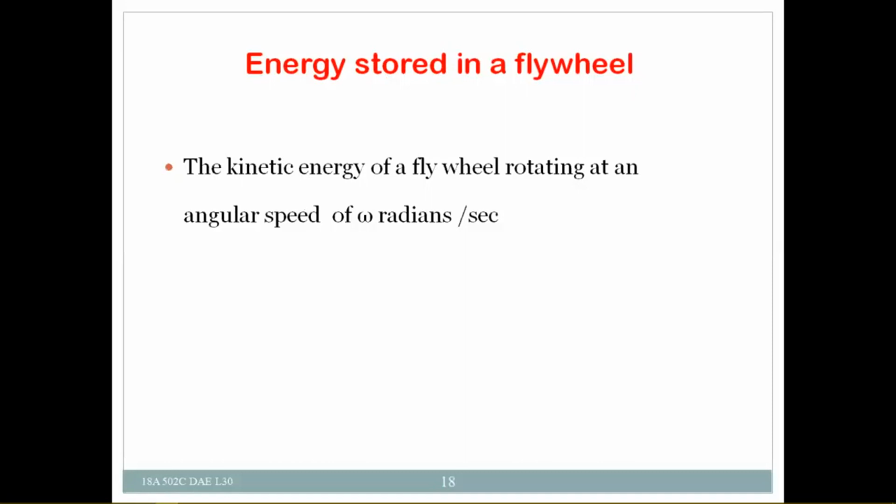So the kinetic energy of a flywheel rotating at an angular speed of omega radians per second is equal to 1 by 2 I omega square. That is, Ke is equal to half I omega square,